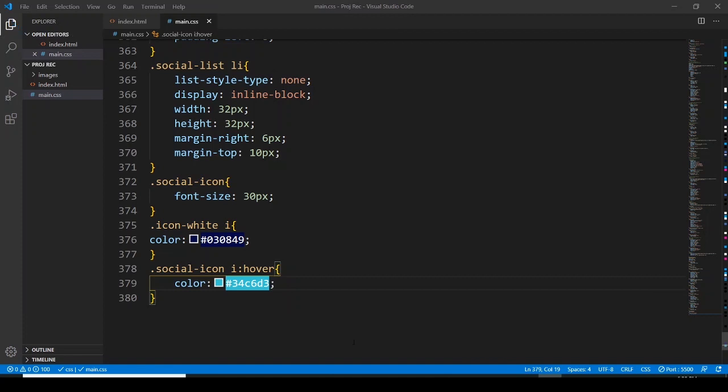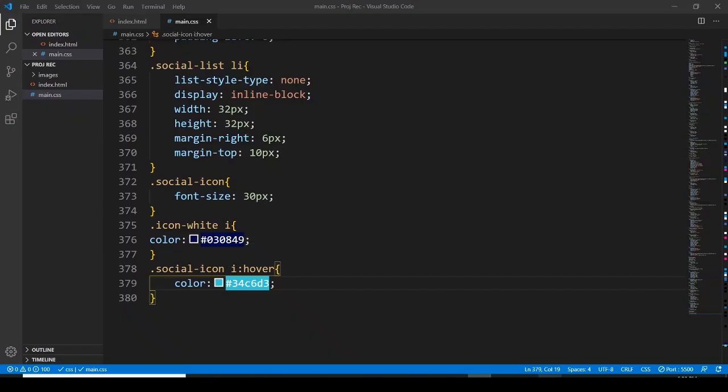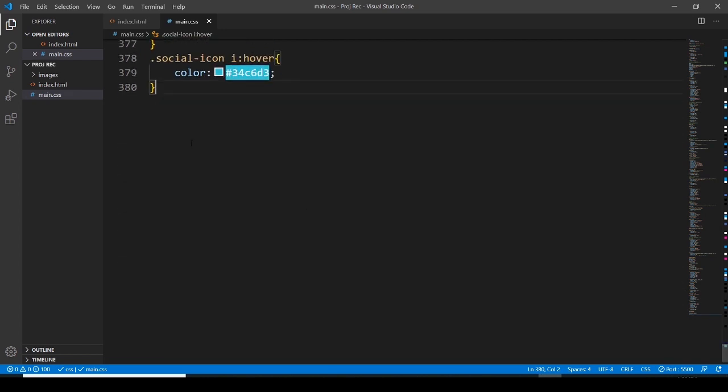Okay, so when we hover over it, it's not so visible. We can change it, so you guys can change it according to your own taste. The dogs are shouting too much, so I just want to finish it, and just let me style the button. After styling the button,